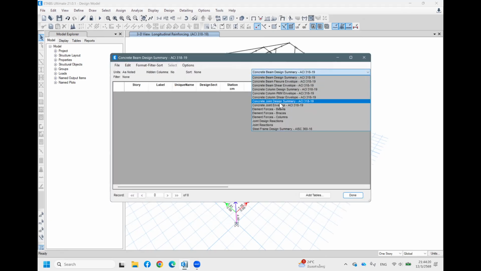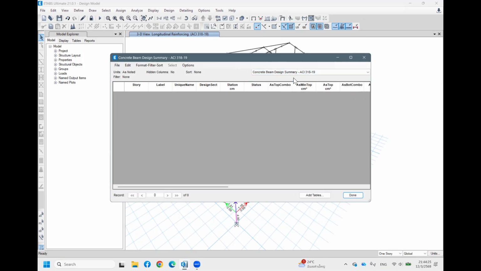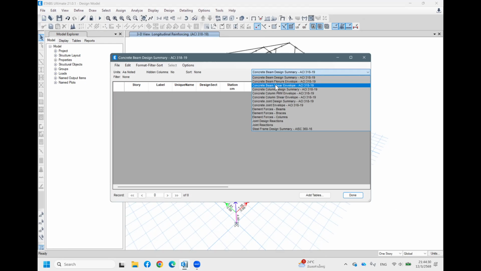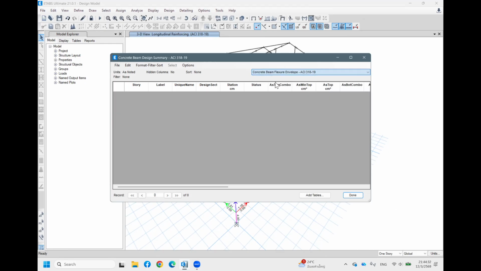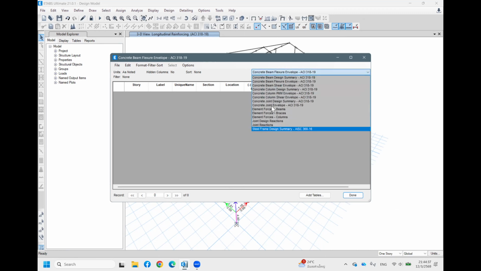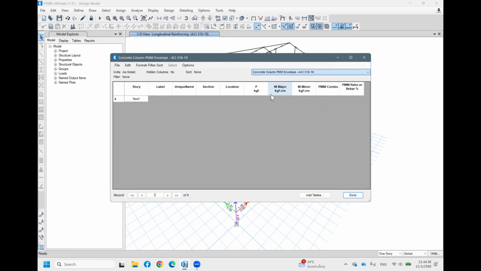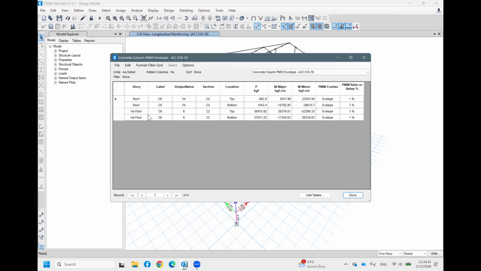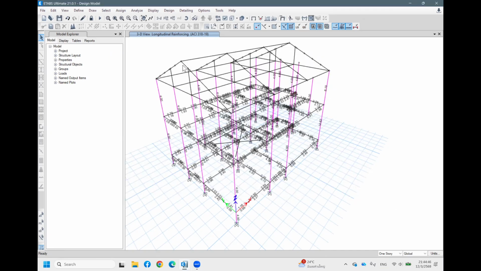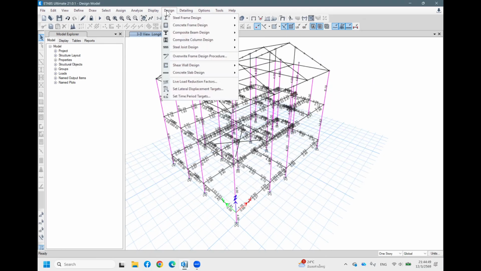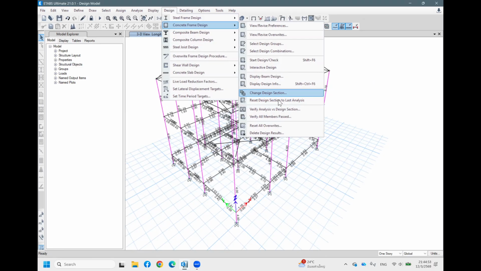Okay, now our table increased and the design one, concrete beam design summary. Why is there no concrete beam design summary? I think wait again. Ah, okay, first we need to set